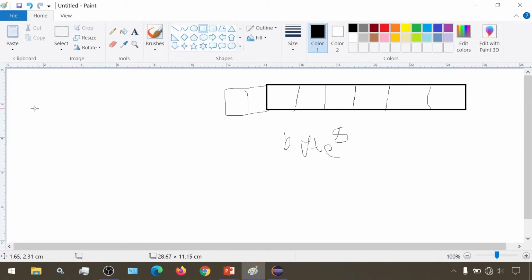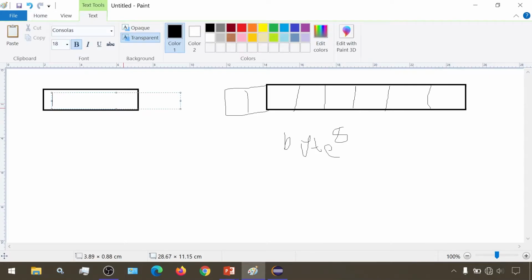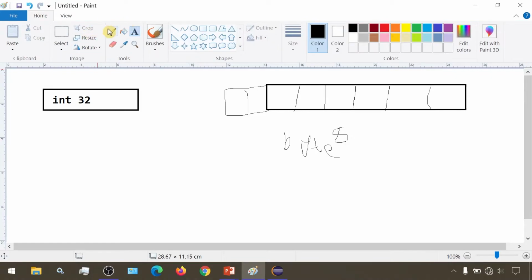And at this side we'll consider an int variable, let's say I, with the value of 10. Here in this memory representation, these are a total of 32 bits, and these 32 bits will be tried to fit inside these 8 bits.